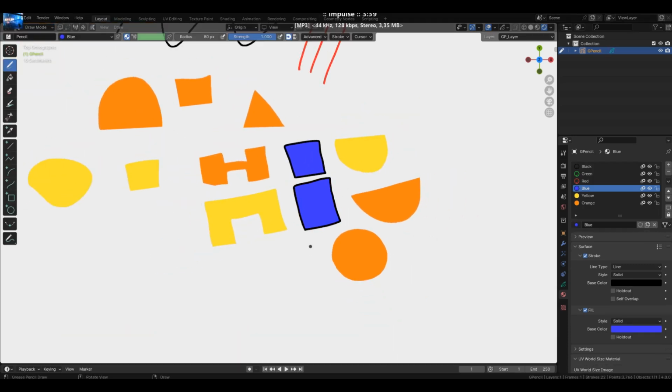That's all for today. To consolidate the acquired knowledge, try opening a new file and setting it up for work. Create a grease pencil object, add several different materials with outlines and fills, and draw your first masterpiece.